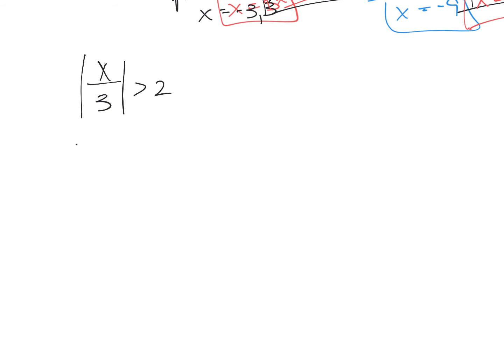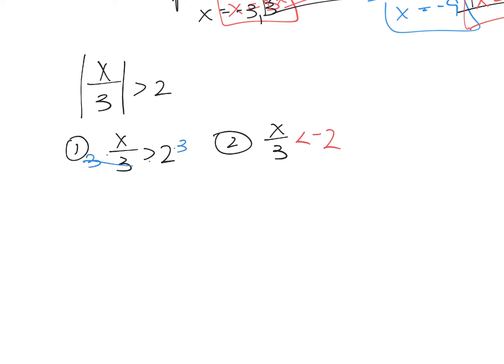Again, we're talking about distance. So we need 2 inequalities now. So we're going to write our same inequality exactly as is. And then the second inequality, we are going to keep the left side the same. We are going to flip the inequality, so it was a greater than, it becomes a less than, it becomes -2 instead of a +2, right? Inverse of division is multiplication, so we're gonna multiply both sides by 3, and we get x is greater than 6. Multiply by 3, we're gonna keep that same process, and x is less than